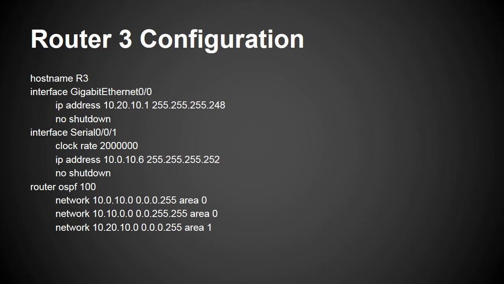We gave Router 3 the host name R3. It's connected to Gigabit Ethernet 0. We gave it an IP address of 10.20.10.1 with a subnet mask of 255.255.255.248. We connected it also to a serial interface of 1 with a clock rate of 2 million. The IP address we gave to that was 10.0.10.6 with a subnet mask of